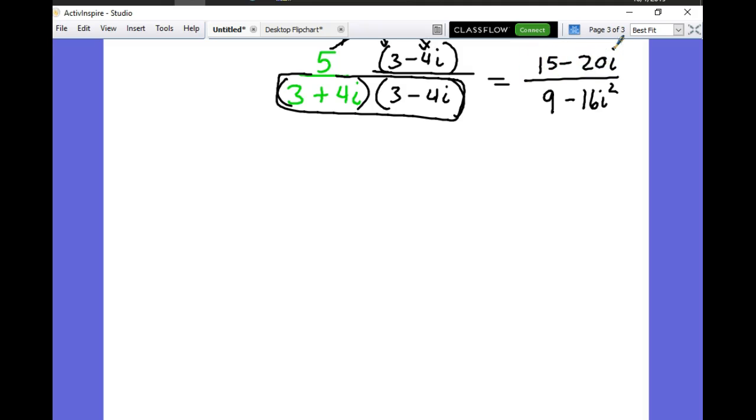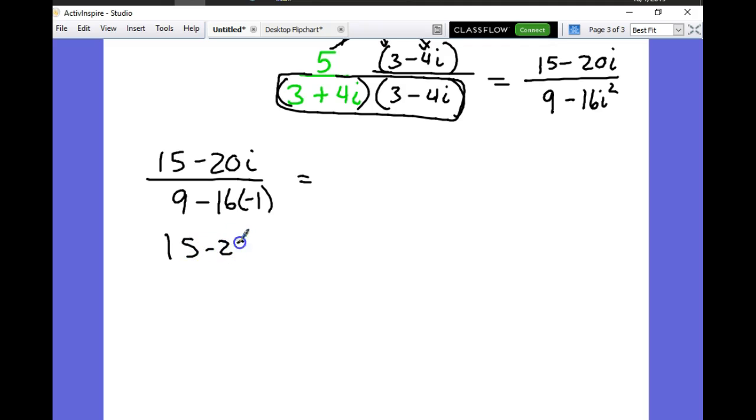Now, we're getting there. But we're not quite there, because what else can I do here? You can make the bottom bigger than 9 plus 16. That's right. The I squared becomes what? -1, which means that it's going to become 9 plus 16. And you guys don't have to show every step like I am when you're doing your own work. I just do this for notes. And therefore, we end up with